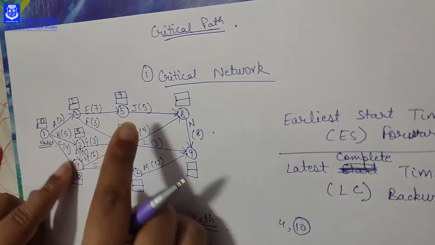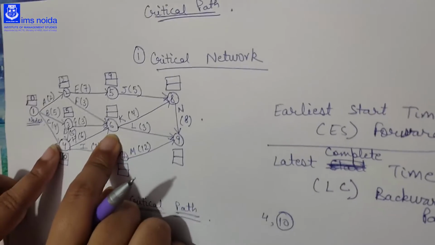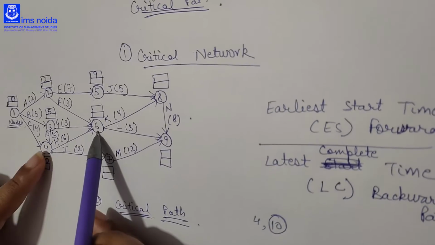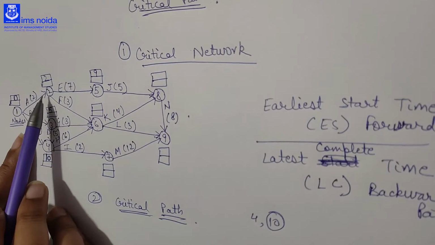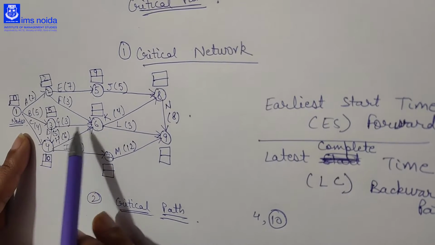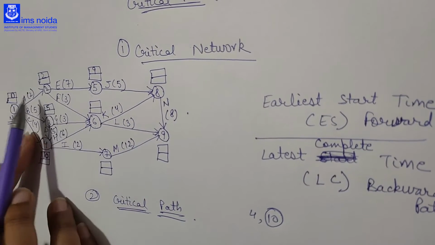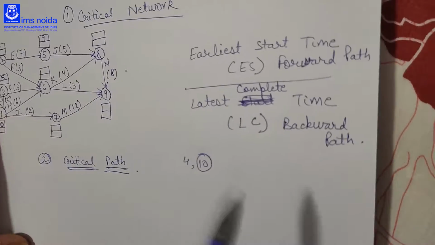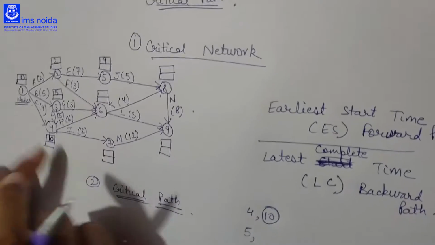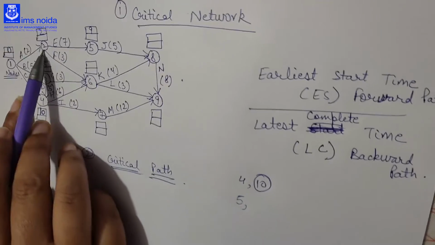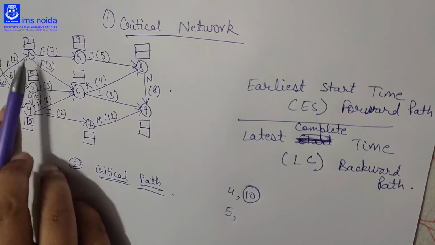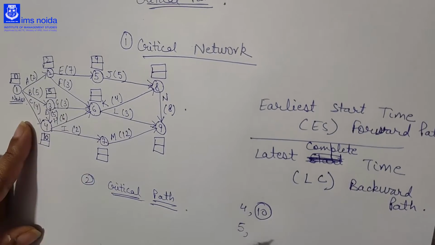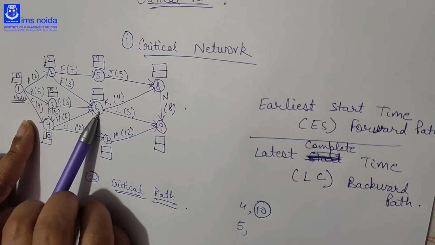Okay, then we will come to 6. Here to come to node 6 there are 3 ways from where we can come to 6. First is 2 to 6, then 3 to 6, and then 4 to 6. If you come from 2 to 6, the time required is 2 plus 3, that is 5 minutes. As the time required to move to 2 is 2 minutes, and then 2 to 6 is 3 minutes. So we will add 3 plus 2, 5. So it is 5 minutes required to move from 2 to 6.